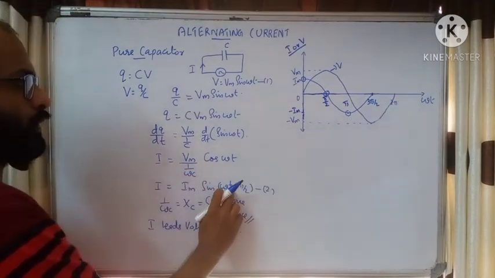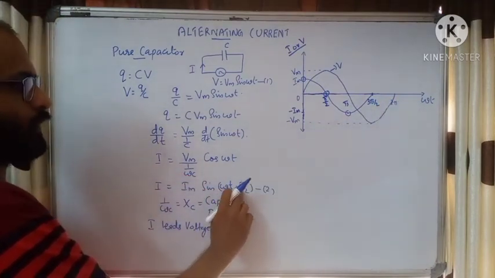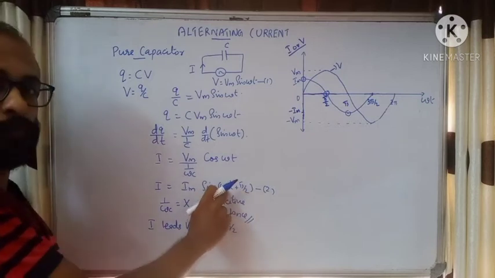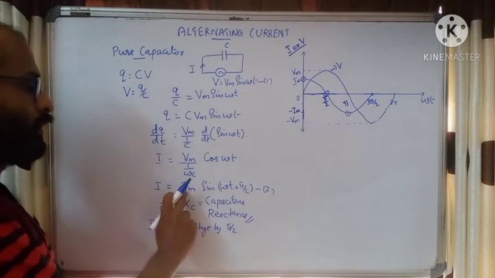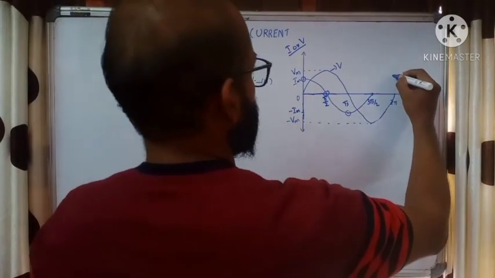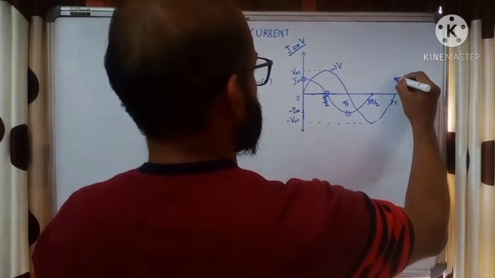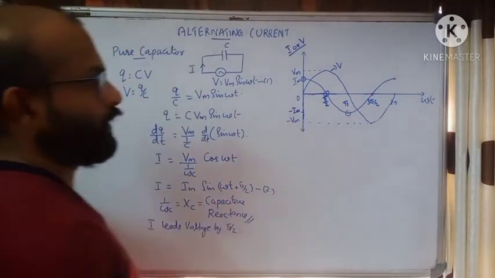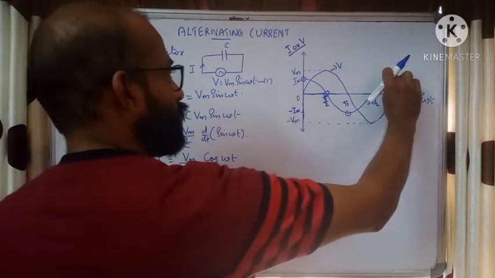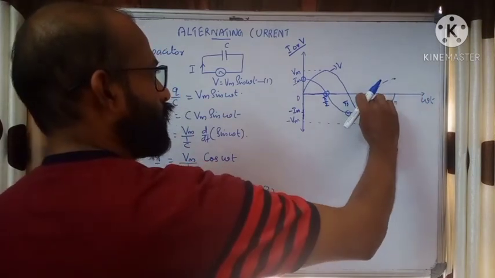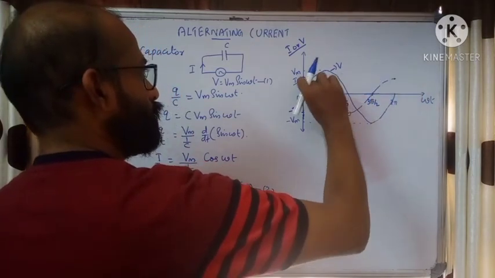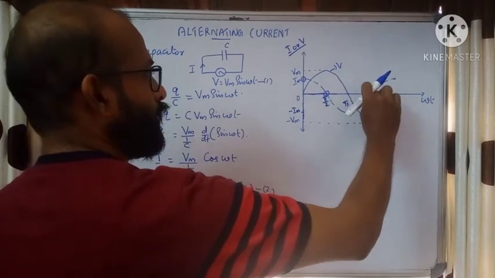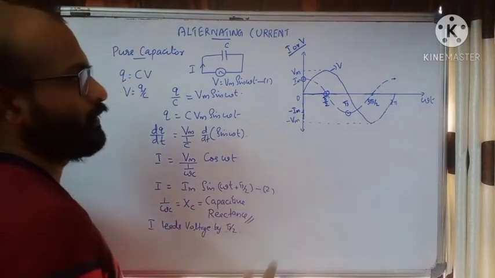We can add 2 pi plus pi by 2. When you find the sine value, it will be plus 1. What will be the current? Positive Im, so the current will be maximum. We can represent it here. Okay, this will be the variation of the current. Now, to distinguish, we can represent it by dotted lines. So, the dotted curve is representing the instantaneous current.